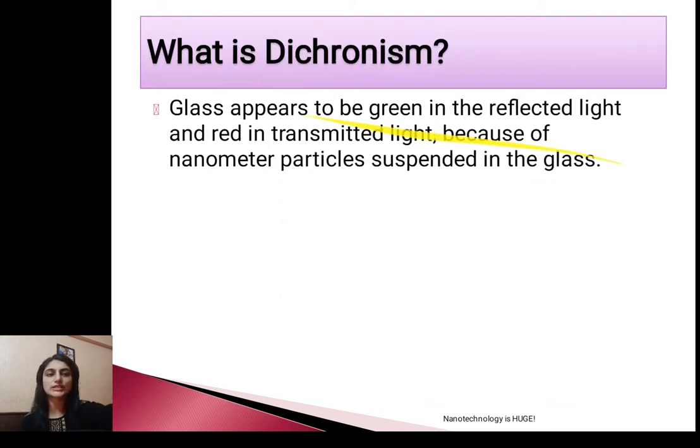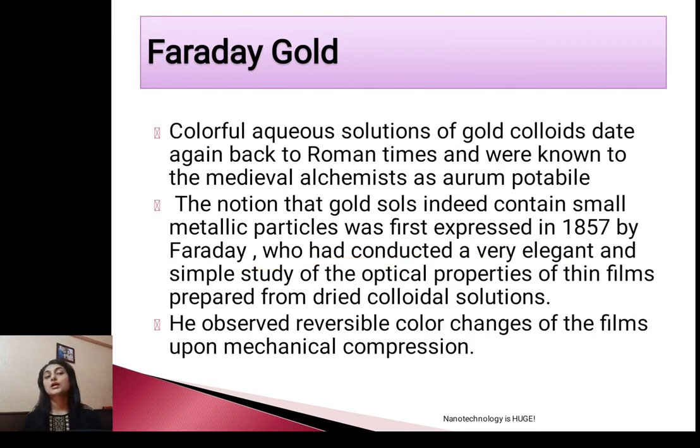Why is there a change in color? Because of dichroism. What is dichroism? The glass appears green in reflected light, and the same glass appears red in transmitted light, because of nanometer particles which are suspended in the glass. Okay. Second example of nanoparticles is Faraday's gold, and this also dates back to Roman times